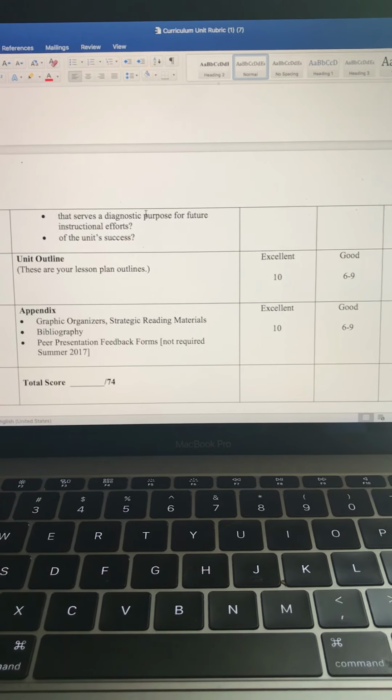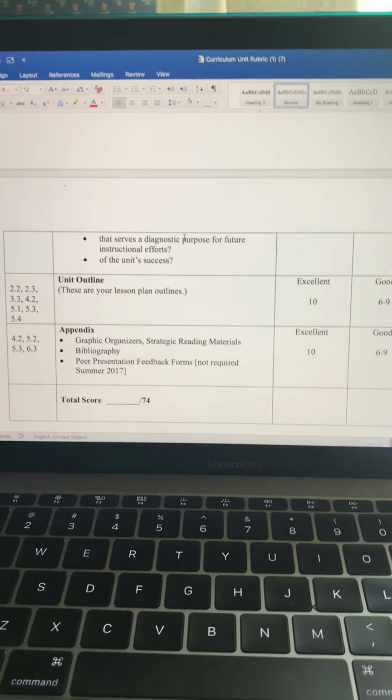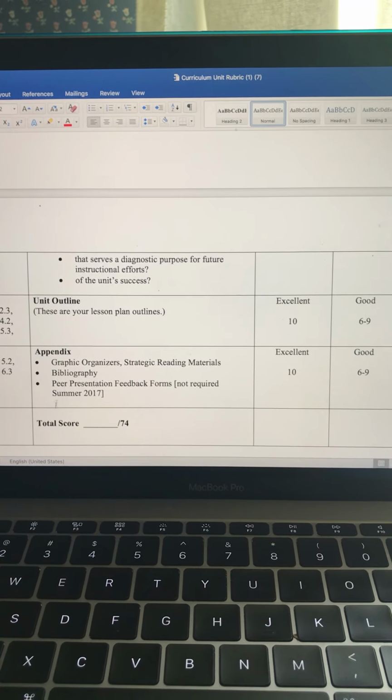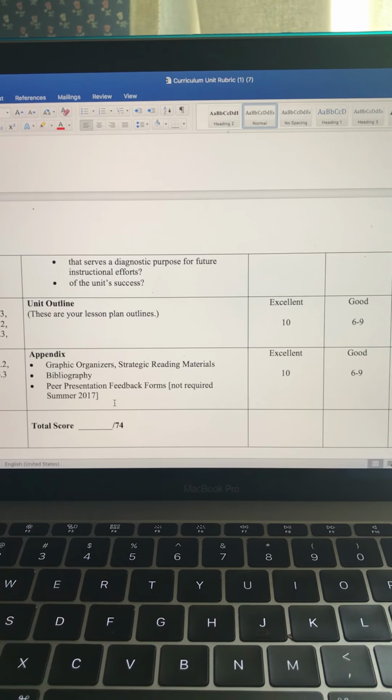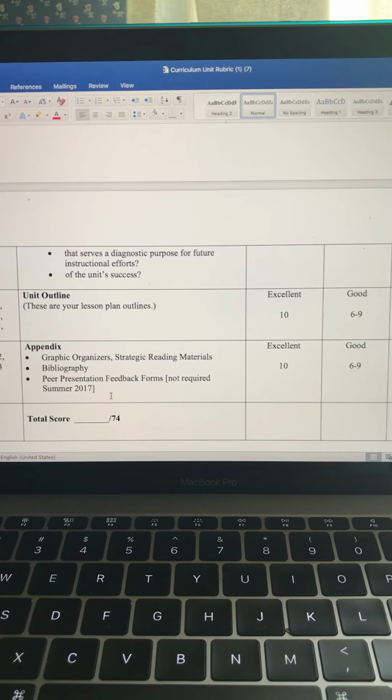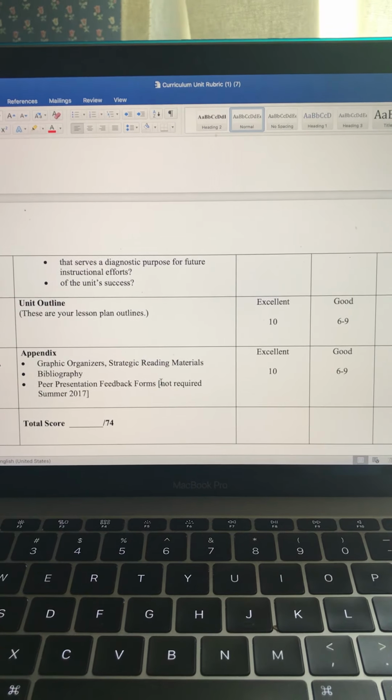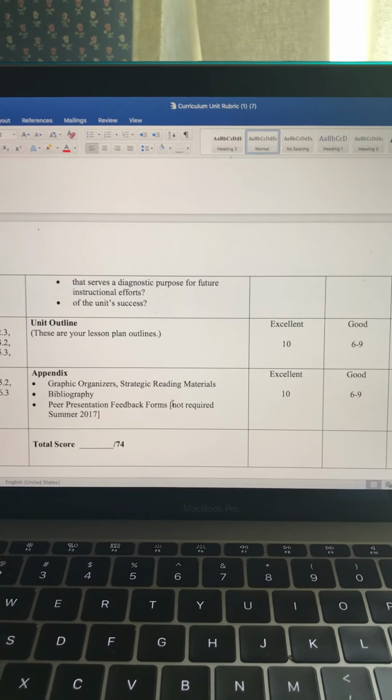And then there is a unit outline. These are your lesson plans. I'll get to that in a moment. And then an appendix of all of your different graphic organizers. Please ignore the summer 2017. Clearly that was not updated, but this is for the summer of